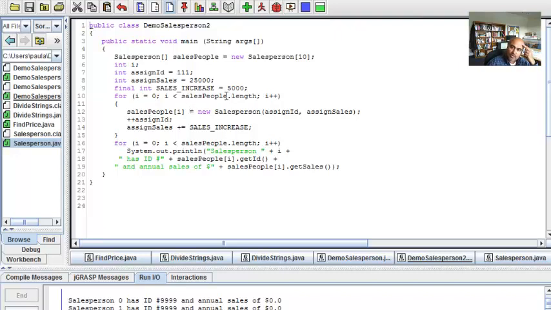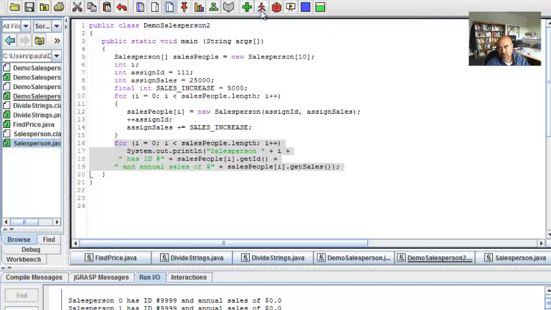So now you're going to create 10 of those objects, starting with ID 111 and starting with the sales value of 25,000, and the next one is going to be 112, and your next sales value is going to be 30,000. Now this statement over here, your for statement, is going to basically go through that array that you just created, array object, and then print out the array object's individual elements by using these methods called getID